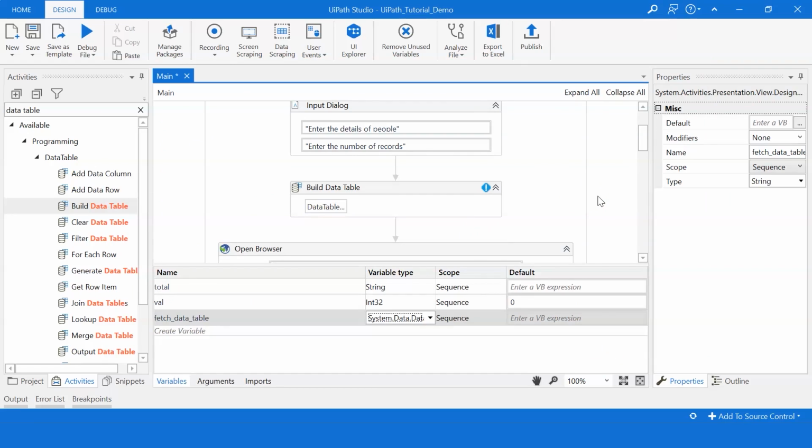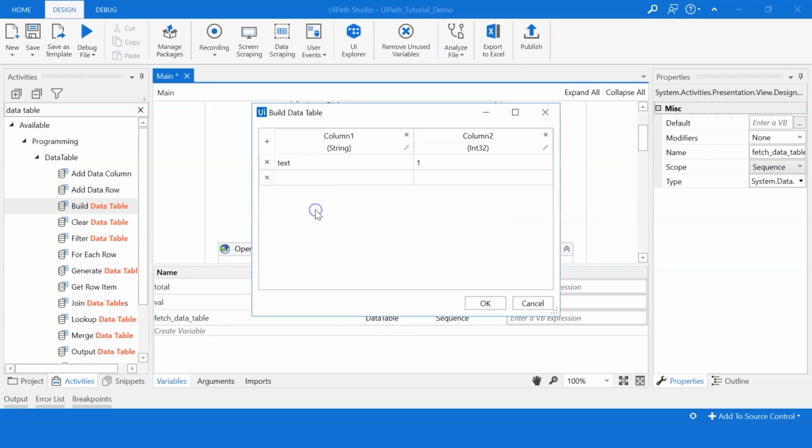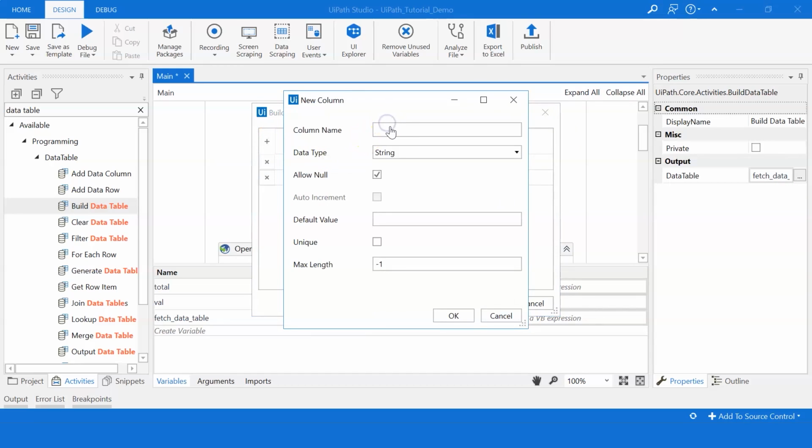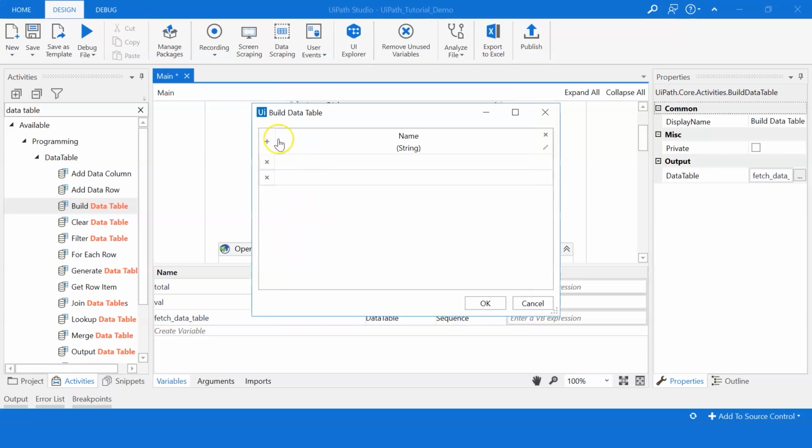We need to assign the column names to this data table. So let me now do that. I'll uncheck all this and select the columns. So we'll give the first column name as name itself. Click on OK.